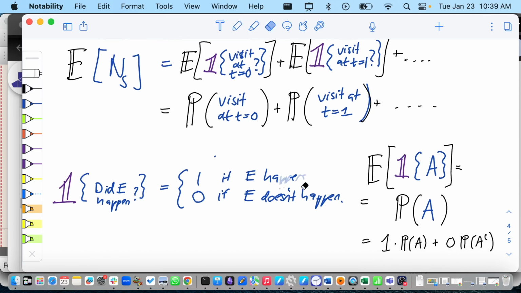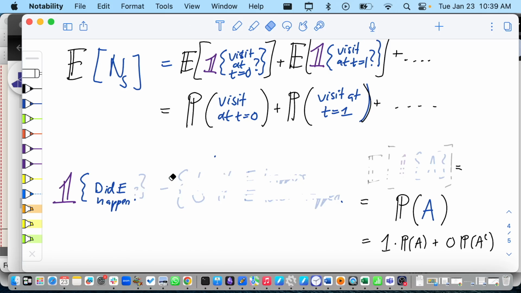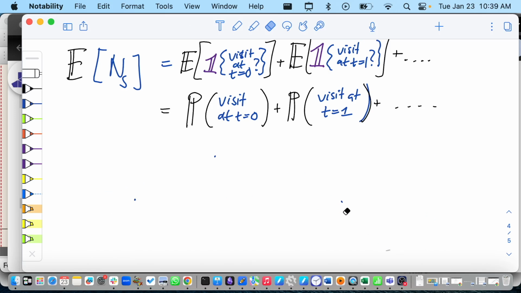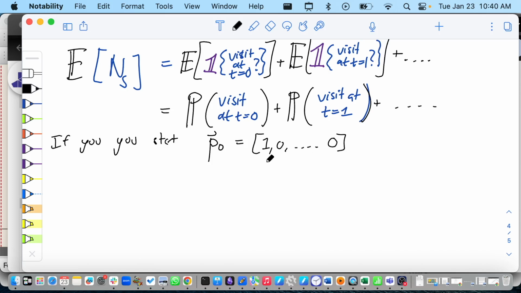Let me make some more room here to write these things as matrices. Okay, so these things are matrices. If you start at time 0, let's call where you started p sub 0. For example, if you know you started at square 0, that would be the vector 1, 0, 0, 0, 0. That's a 100% chance to start in square 0, 0% chance to start in all the other squares. That's p0. The probability you visit S at t0, the S being what we're looking at.